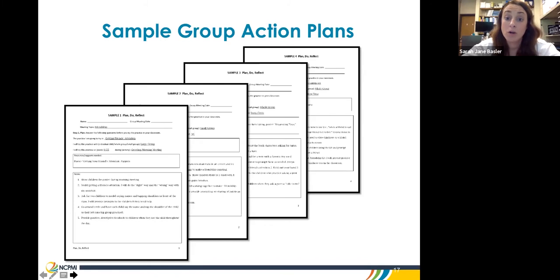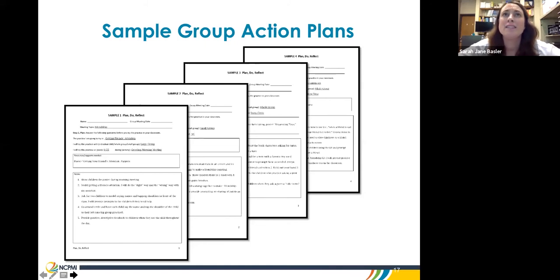Teachers were not required to use the samples, but we found that they were really helpful just to give them ideas. As time went on, teachers didn't really need them as much, but in the beginning it was good to have to give them ideas. Sometimes teachers would tweak the samples to fit what would happen in their class.